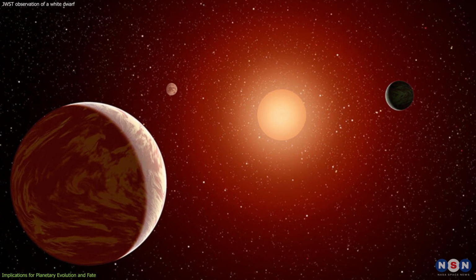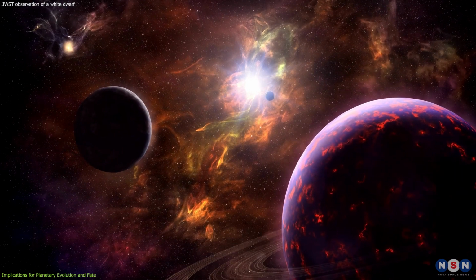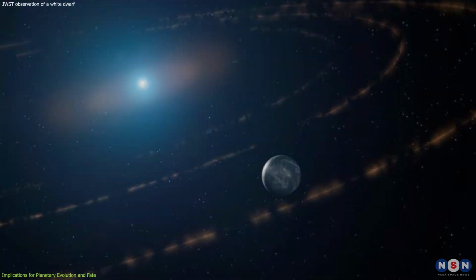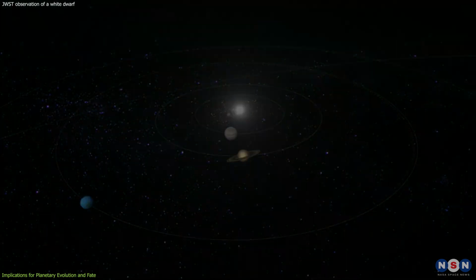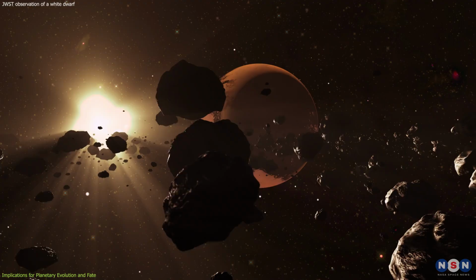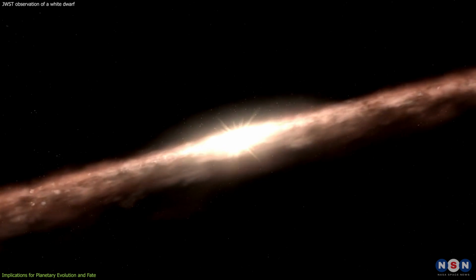This observation can help us understand how planets form, evolve, and interact with their host stars. It can also help us explore the possibility of life on other worlds and the potential for habitability around white dwarfs. Planets form from disks of gas and dust around young stars. These disks are similar to the debris disks around white dwarfs, but much larger and more massive. By studying the debris disks, we can learn about the composition, structure, and dynamics of the original disks that gave